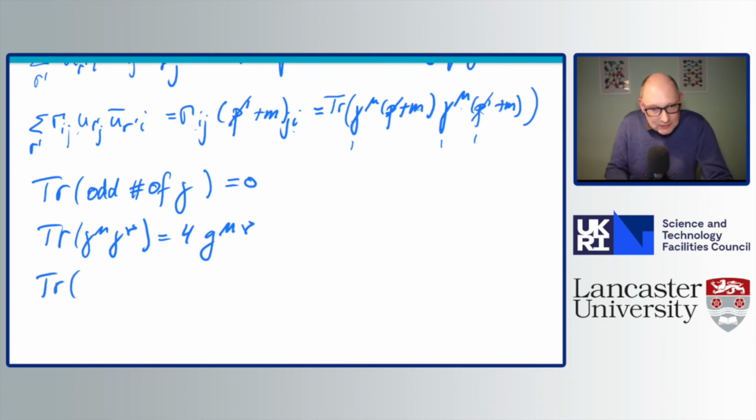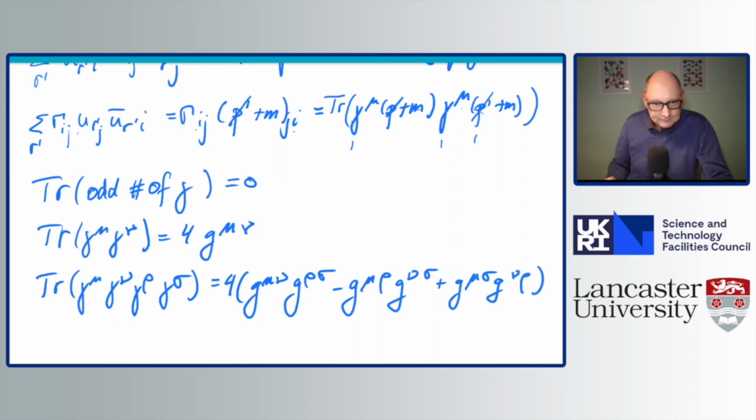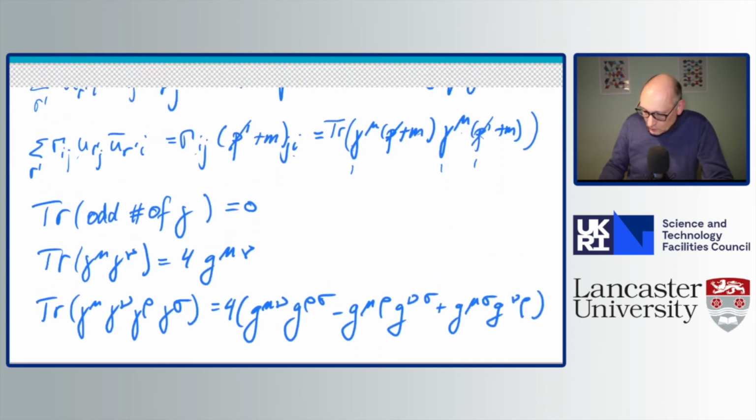The trace of gamma mu, gamma nu, gamma rho, gamma sigma is equal to 4 g mu nu, g rho sigma, minus g mu rho, g nu sigma, plus g mu sigma, g nu rho. So if one works through all of this,